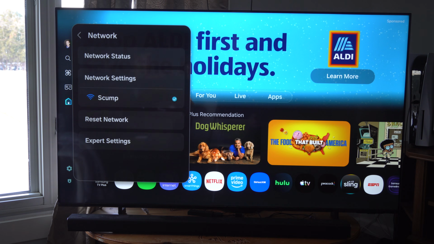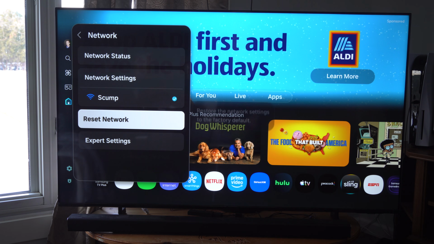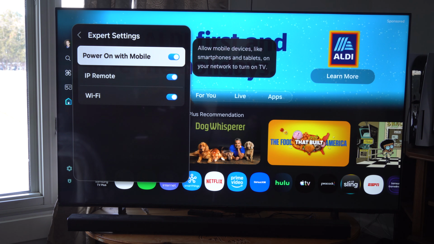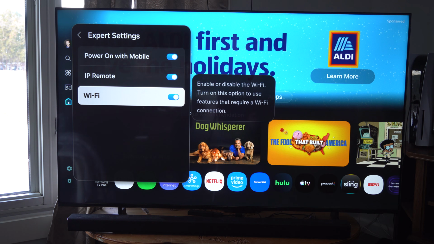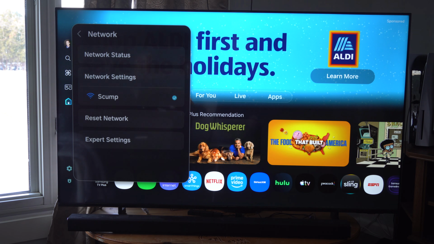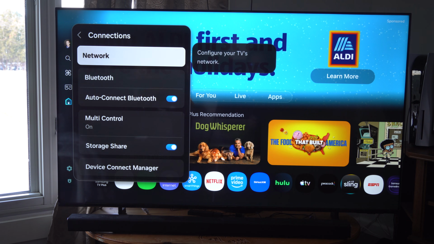Maybe there's an issue with that, so let's go to network and then go to expert settings. And we could try turning off these options right here. It says power on with mobile. Allow mobile devices like the smartphone and tablets on your network to turn on the TV. So we could try turning off all these different options. Allow IP controlled devices to remotely access your TV. So you could try just turning off all three of these options,